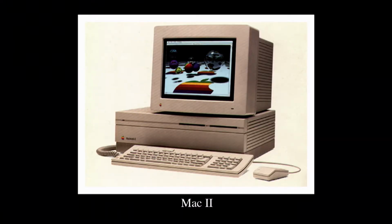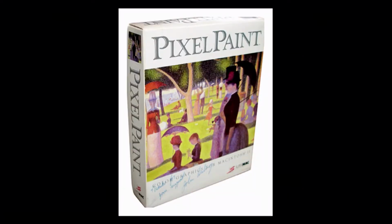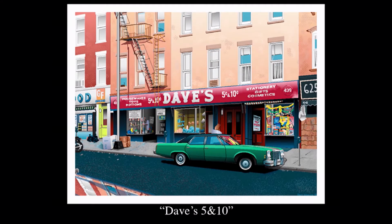Then came color, and that really started changing things. For me, I started having color in my paintings, which is what I really expected to do. And Pixel Paint was one of the first really true packages for painting on the Mac. It was basically MacPaint in color. The resolution was still kind of low, limited size of your files and so on, but you had 256 colors, okay? This piece here was done with Pixel Paint 2, which introduced dithering, which allowed you to create gradients that